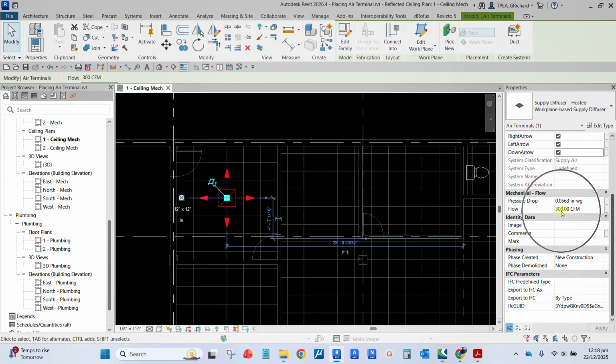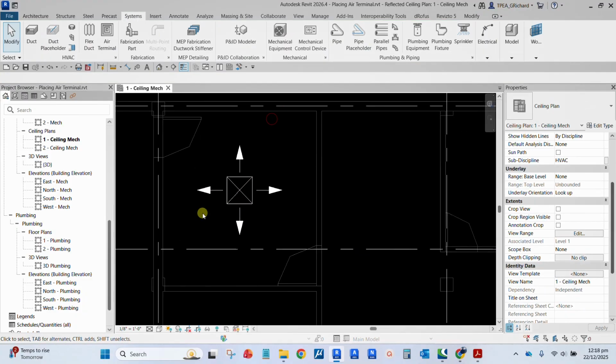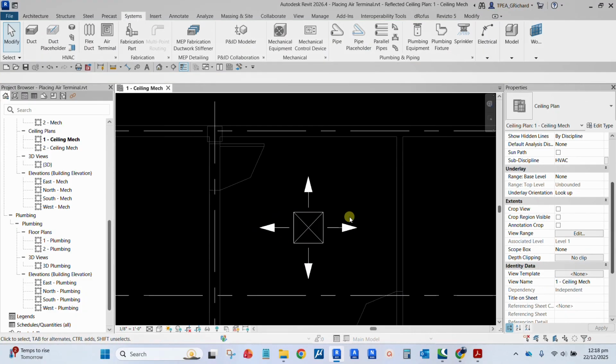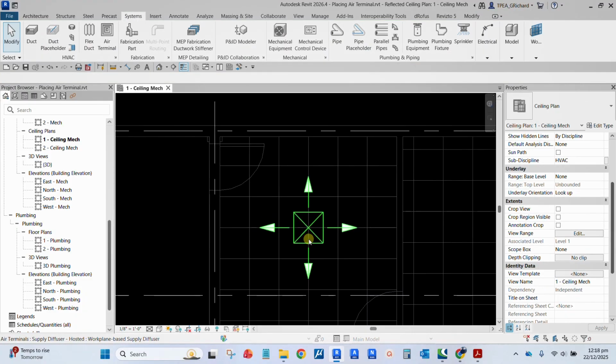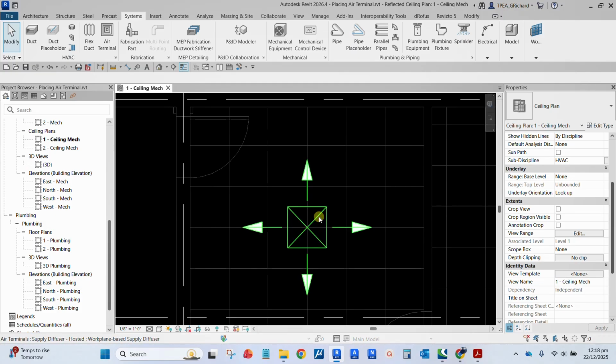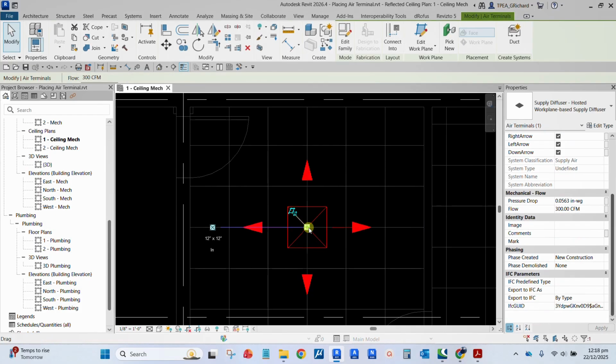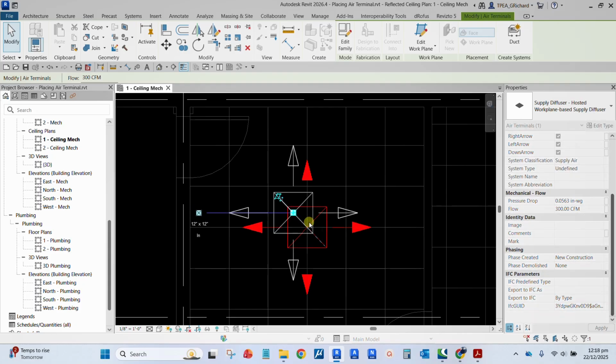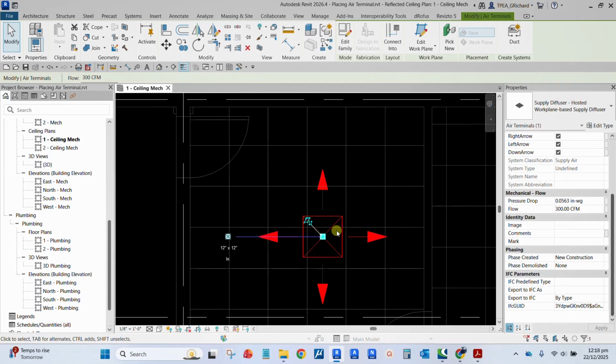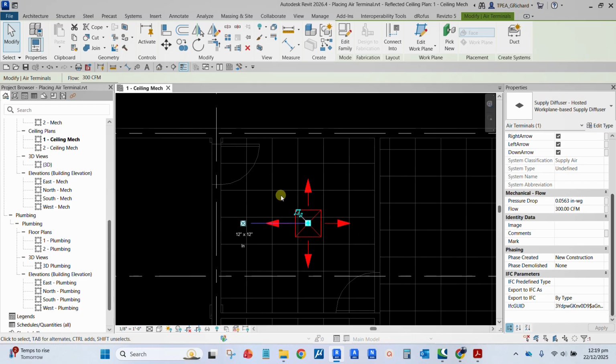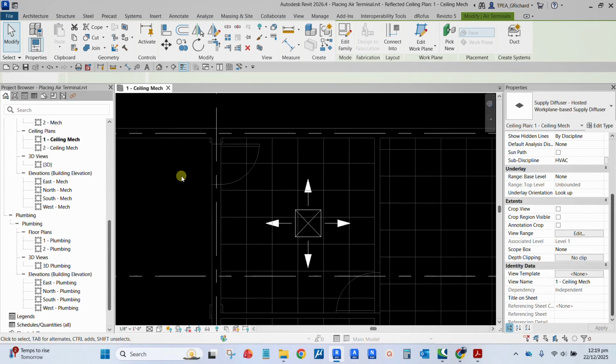And as you can see, it's also updated here. Okay, so now you can either use the align tool or you can drag your air terminal to align it on our ceiling. You can just use the move tool or drag. You can click that and then drag that like that. So if you want to place your air terminal exactly on this ceiling here,